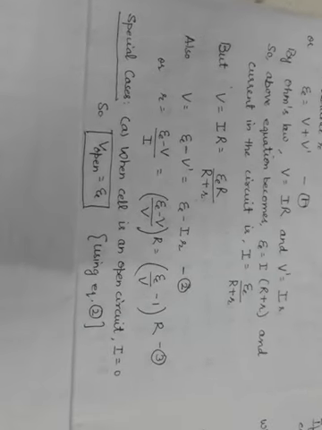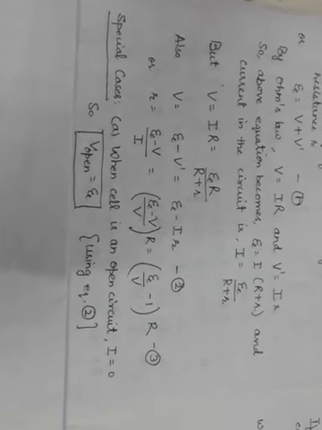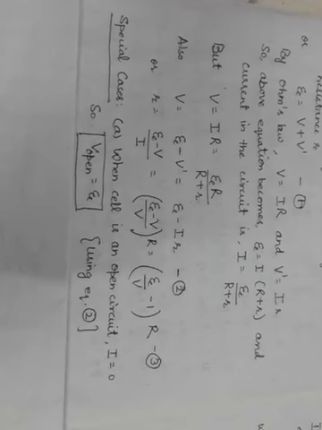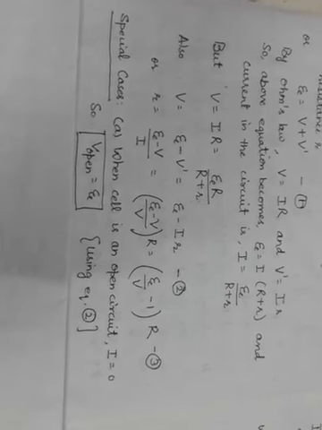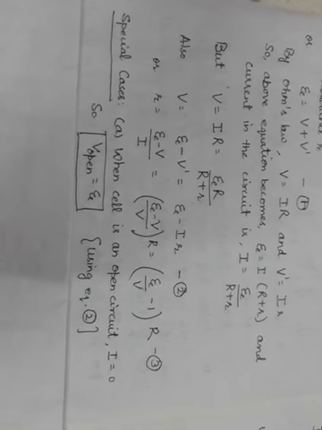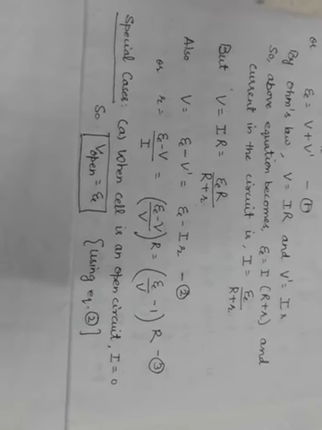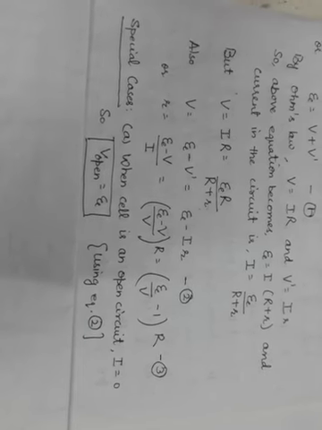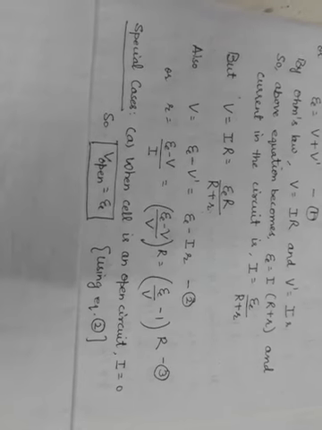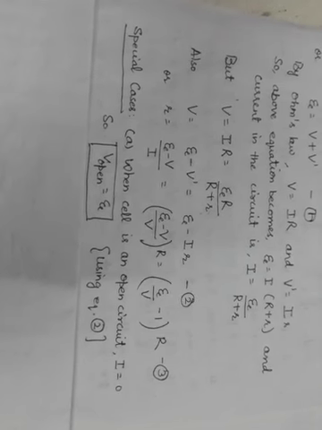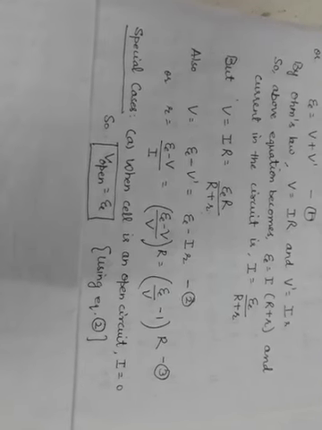Now, some special cases: if no current flows through the circuit, that is when the circuit is open, then I will be 0, and from equation 2 you can see V becomes equal to E, that is the terminal potential difference becomes equal to EMF in an open circuit, and this was the definition which was taught to you earlier by me. What was that? EMF is the maximum potential difference across the terminals of a cell when the circuit is open, that is when no current flows through the circuit.